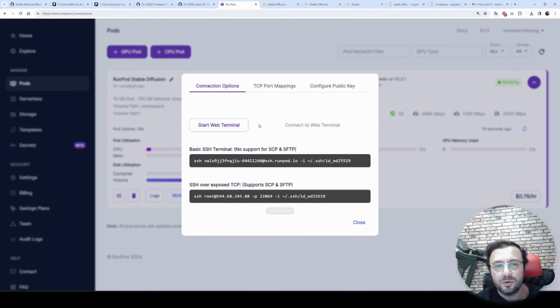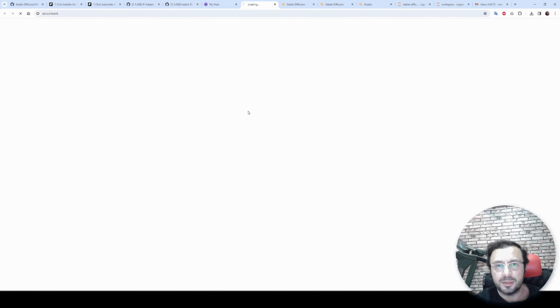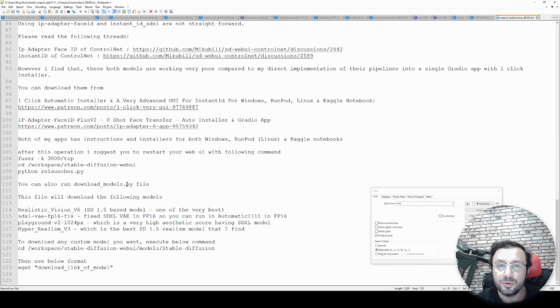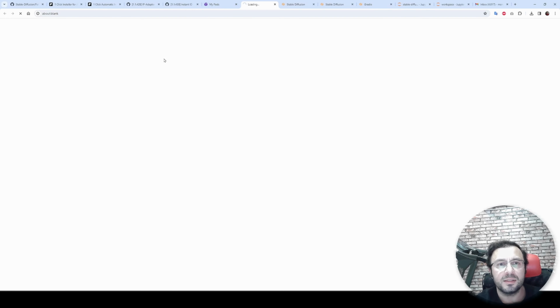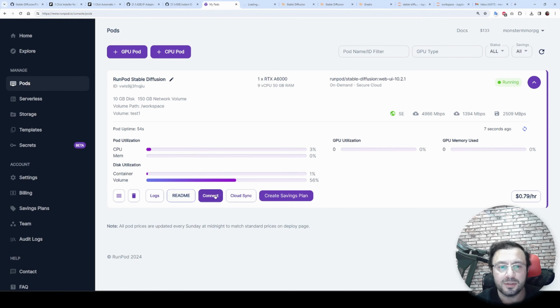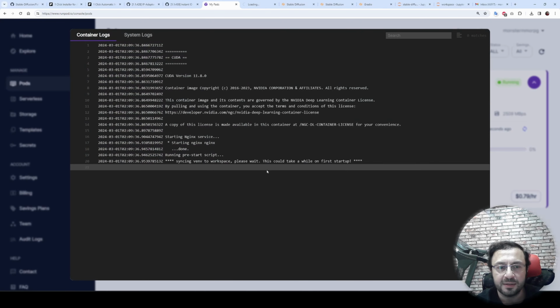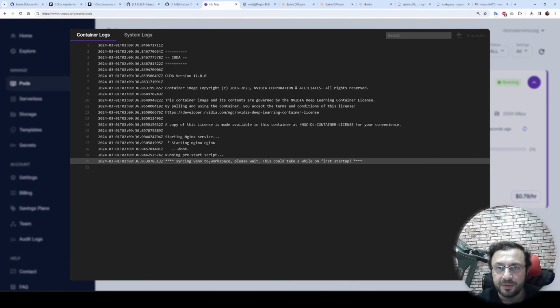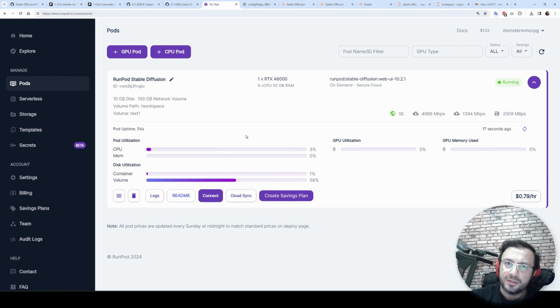So I will connect to Jupyter Lab one more time. Then to restart it, when you go to the very bottom of the instructions, you will see that I have this command. This will kill the automatically started web UI and start a new one. So let's copy this. Let's just wait for Jupyter Lab to load because we moved our data. It will take some time for our data to synchronize with the new pod, new machine. So this is a shared storage between different machines.